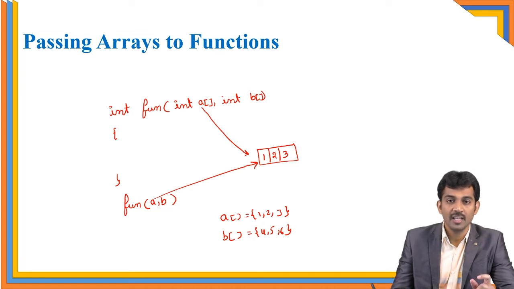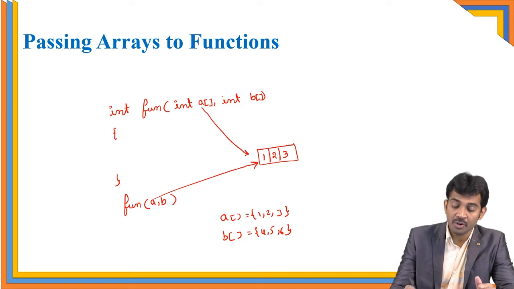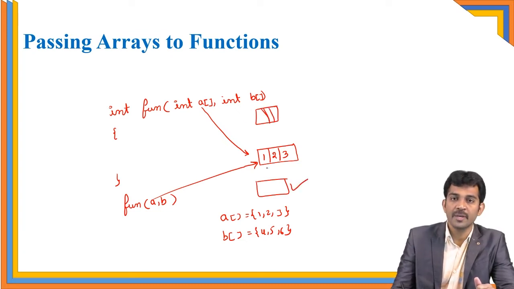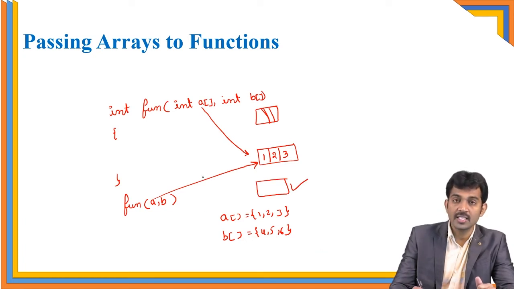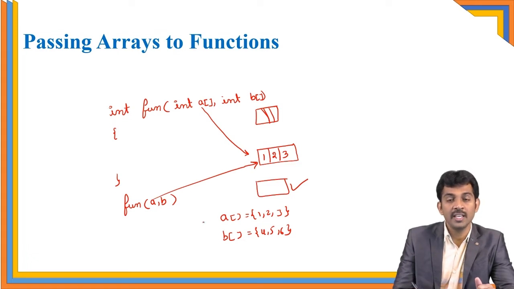Please observe clearly. It is going to use call by reference. It is not going to use call by value. In call by value, what are you going to do? Here you create one copy and here you create one copy. If you do some modifications here, it is not going to reflect here because it is two copies of data. But in call by reference, if a modification happens in the subfunction, it is going to happen in the main function also. The reason is here we are working with the same set of data.